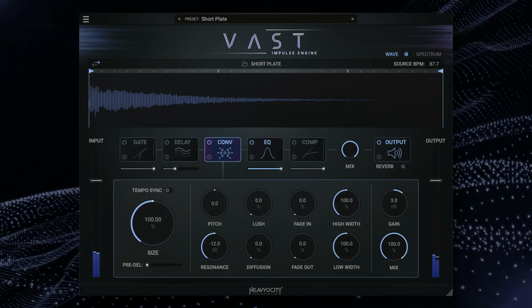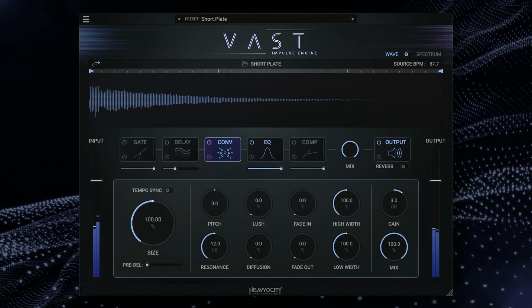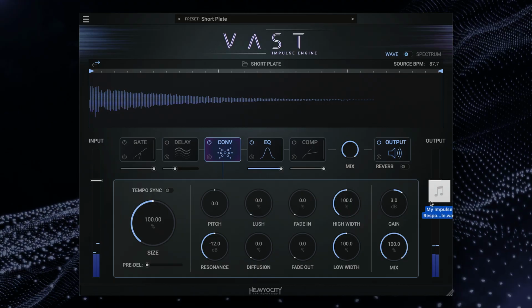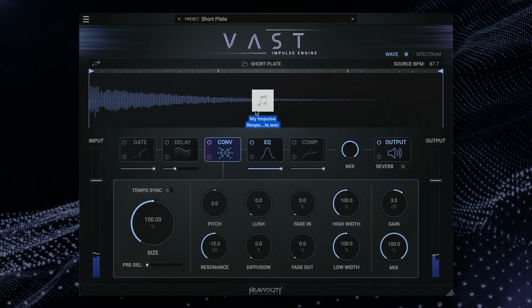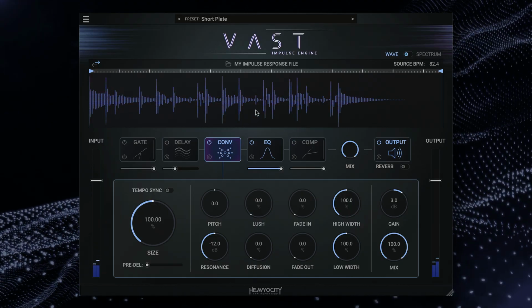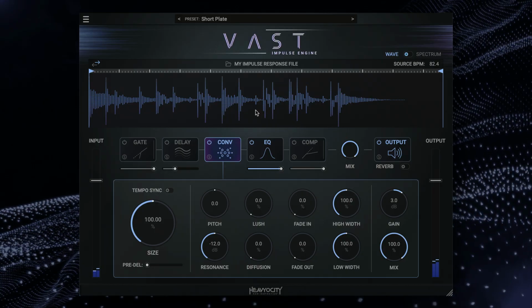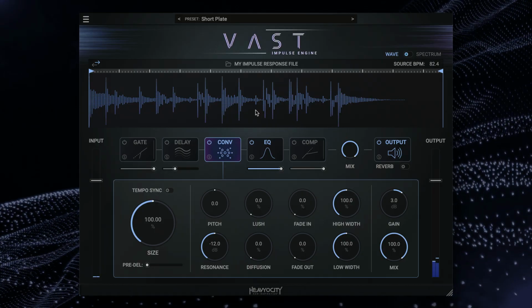VAST is designed to also handle any sources that you want to load as impulses by simply dragging your audio files into the waveform display. So make sure you explore any interesting audio files as your convolution source to fully realize the potential of convolution